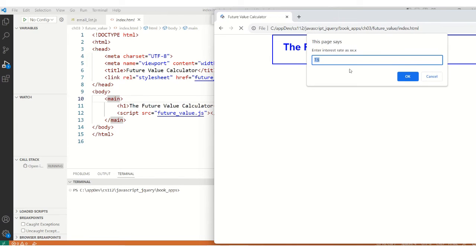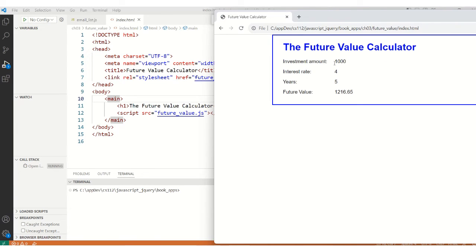Then what is the interest rate? Let's say 4% interest rate. So then how many years? Let's say I'm putting 5 years. Then what it does, it takes the investment amount, interest rate, years, and the future value is